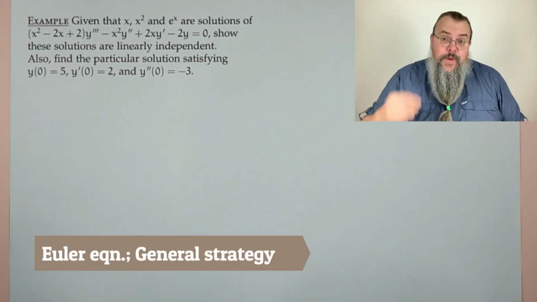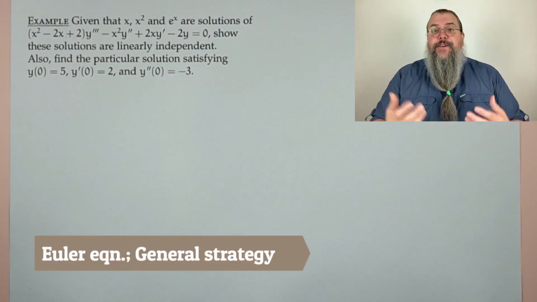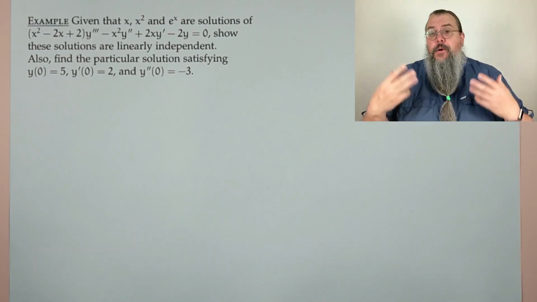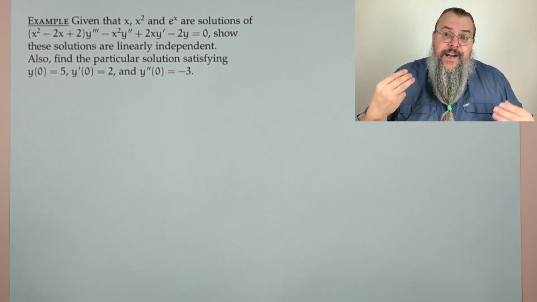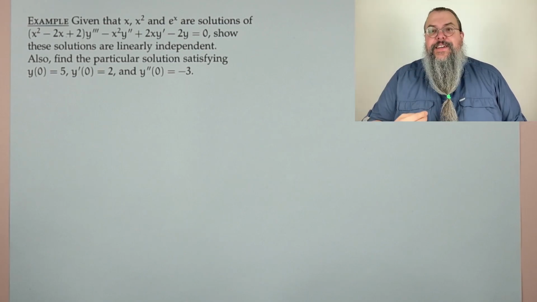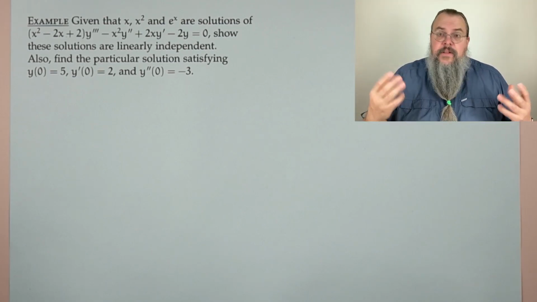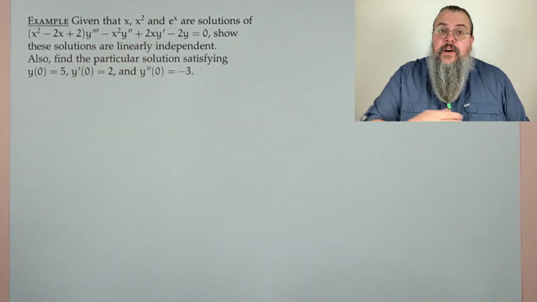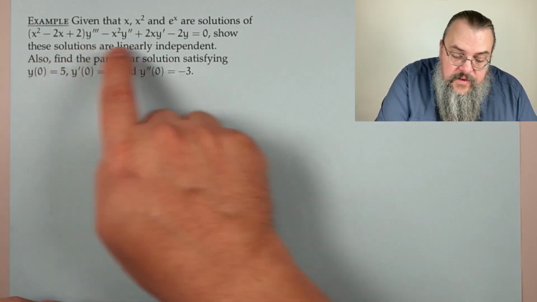So last time we had an introduction to higher order differential equations, and we did some examples with second order. We should do a little bit with something higher, so we'll do a third order example. All right, so here we go. Given that x, x squared, and e to the x are solutions of this differential equation,